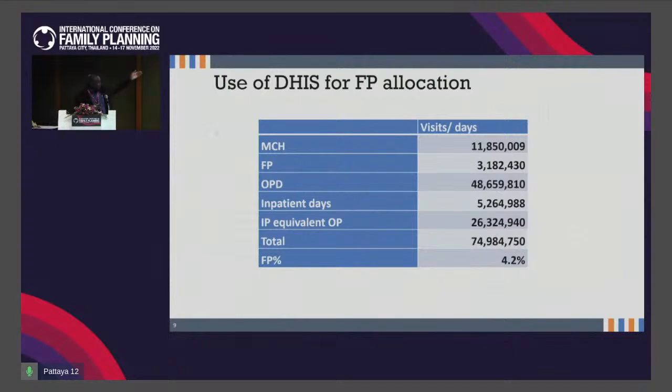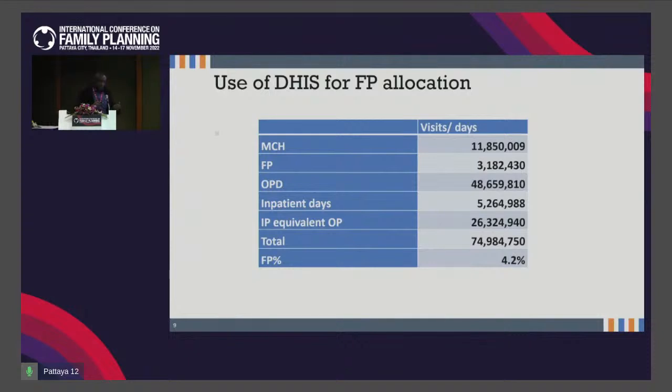Now, this is just an example of the way we do it. And I think for the countries now, we have about 31 countries implementing FPSA. We have already generated for each country what we call equivalency ratio, which has a key, allocation key of shared expenditure to FP. So you see for Kenya, it's about 4.2%, around 4%. It goes to FP, but note that when we are doing that ratio, it's a bit unweighted because services will